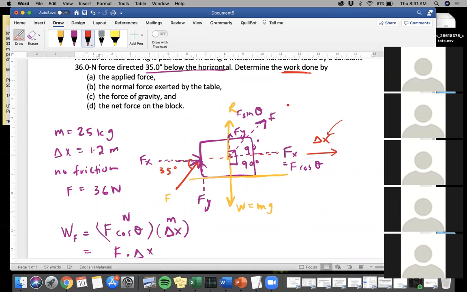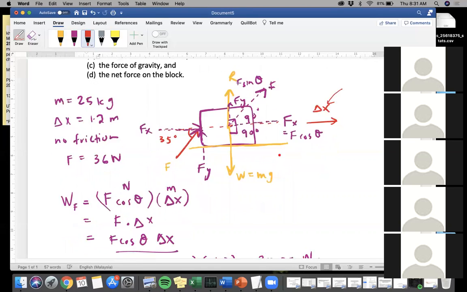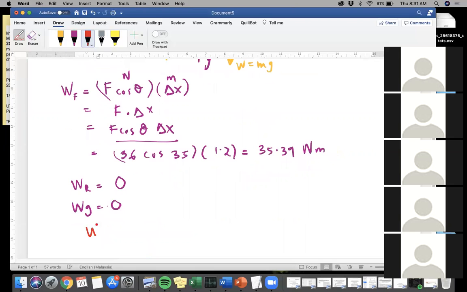So the net force that is relevant to work done is only the force that is parallel. Do we have a parallel component to the weight? No. Do we have a parallel component to R? No. We only have a parallel component for F. The only thing in the x direction, which is in the same direction as our displacement, is just F. So the total work done,